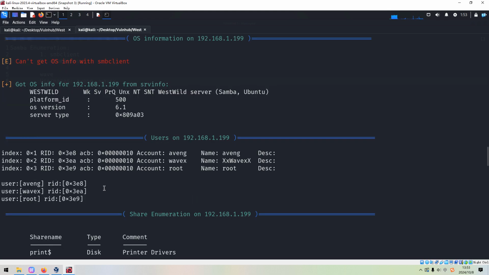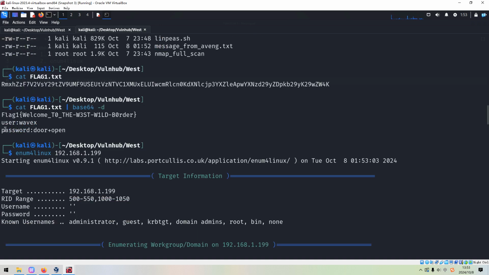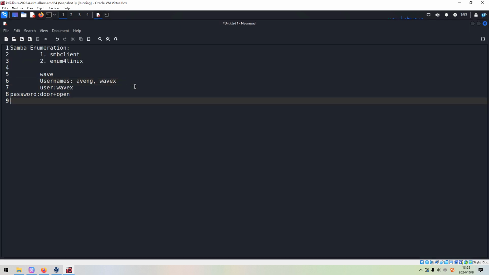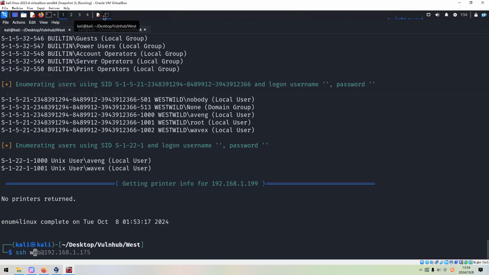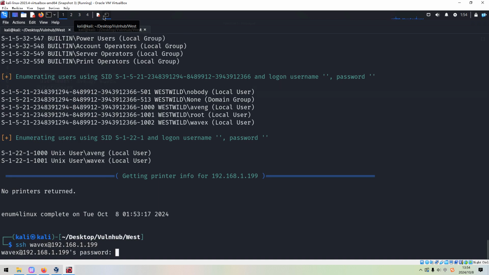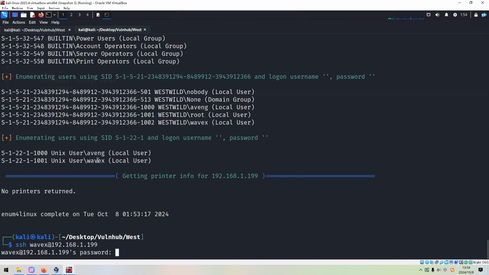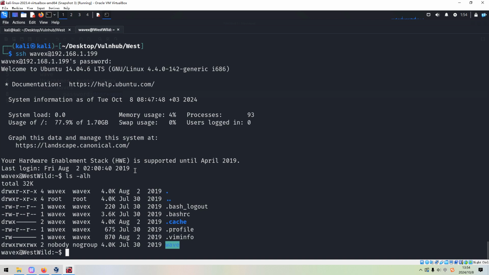Copy. So just now we have already got the credentials. So before we try to enumerate the web application, let's try to use this credential to connect to the target via SSH. Now we can SSH, and we can provide the password. We can copy and paste in here. It does work. We are now logged in as user WebEx to the target.